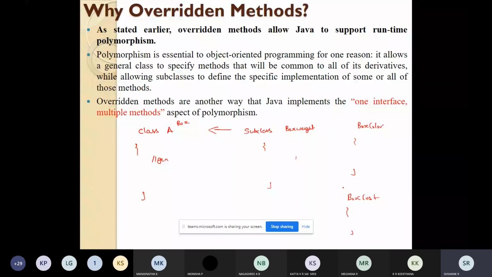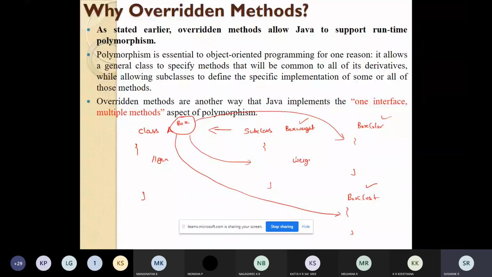See here, the box weight, box color, box cost are taking the common features from the box class, and they are adding their unique features. The box weight will add the weight feature, color will add the color feature, the cost will add the cost feature. So what is happening is the class is becoming more specific.